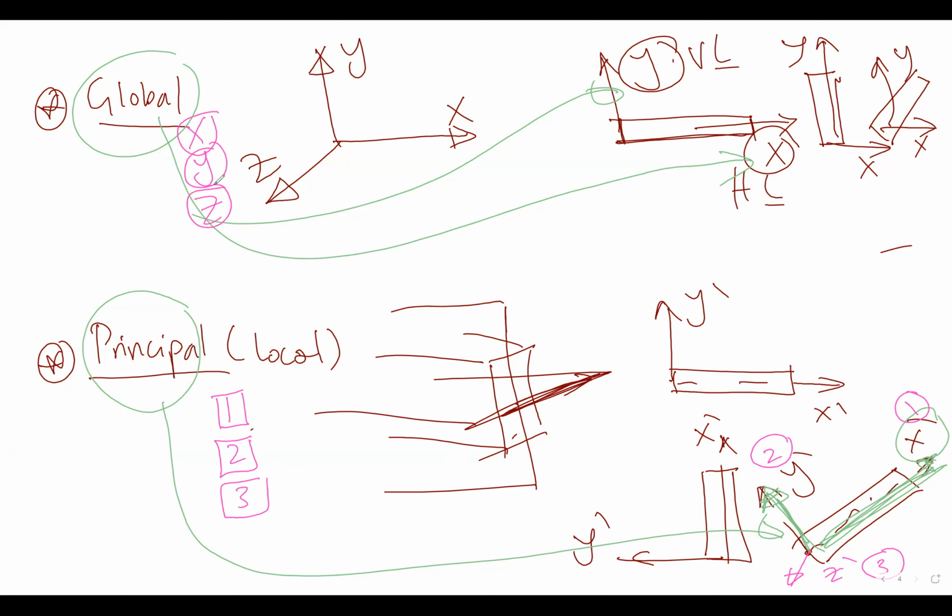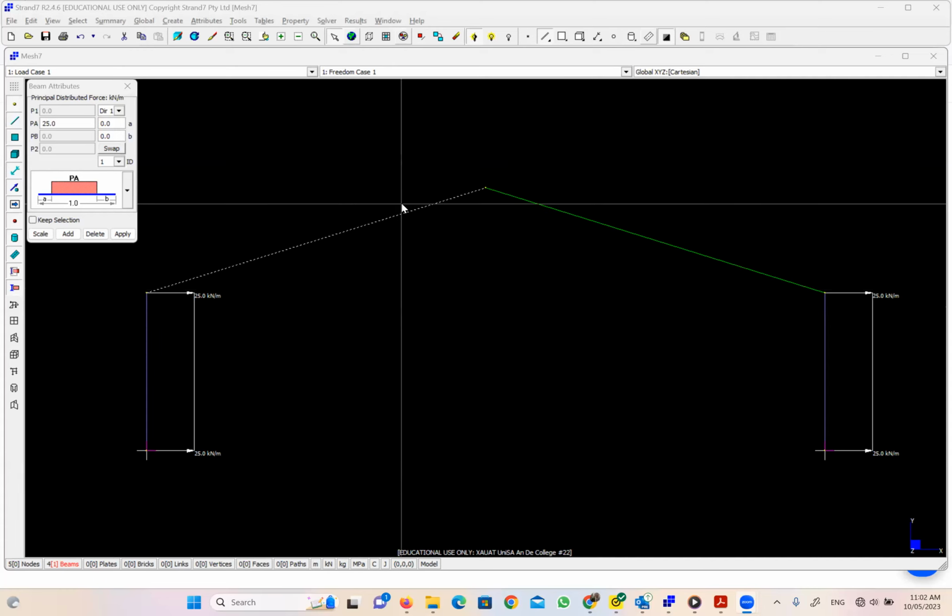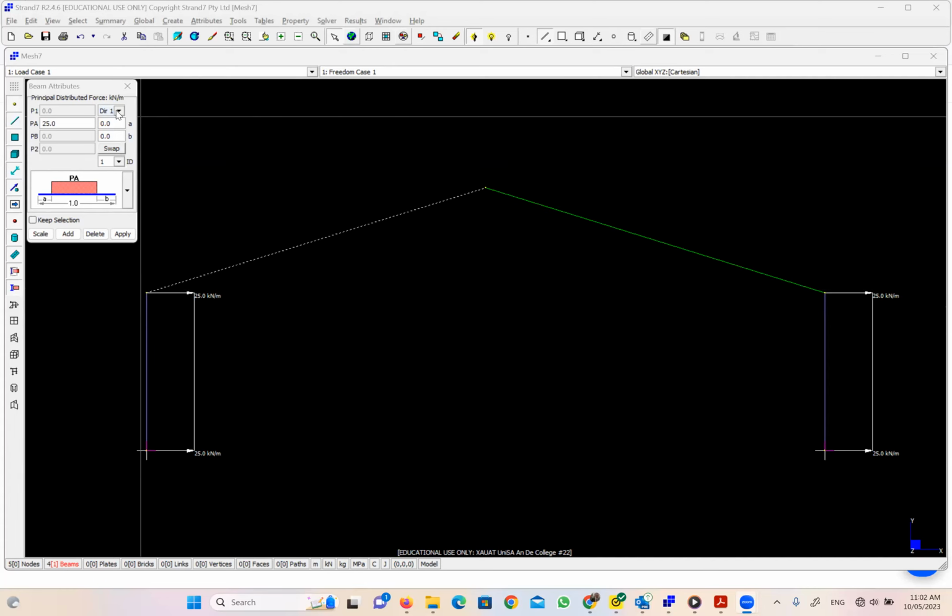Okay, so now in the software, what do we need to select here? Direction 1, 2, or 3? This force is perpendicular to the member, so it is direction